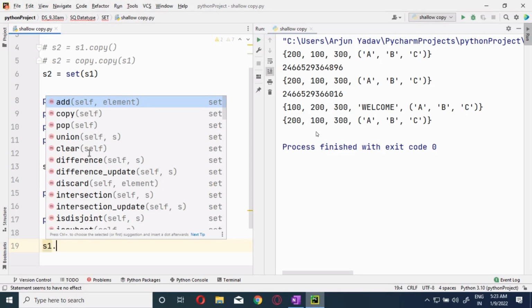It will delete all the elements along with the structure. You can use delete for deleting a particular value also, but if you use delete with the set, it will delete all the elements and clear the memory. There won't be any traces at all. Okay.